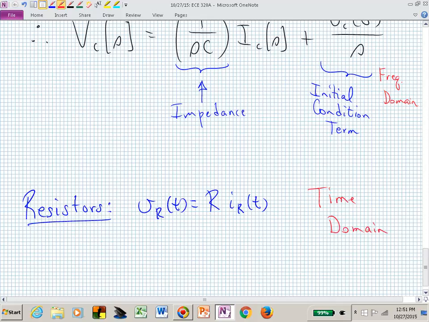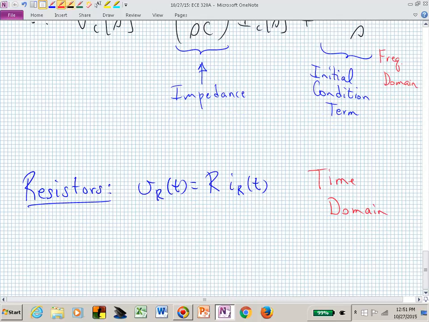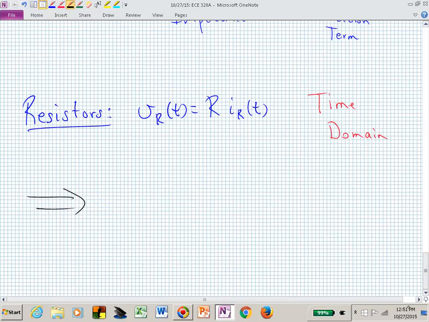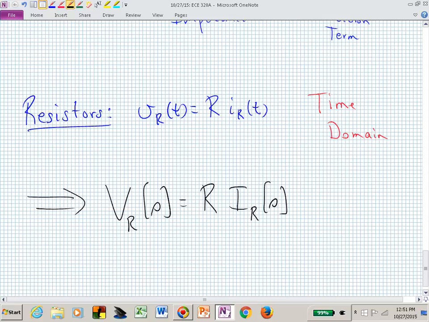There's our time domain current-voltage relationship on a resistor. What happens when we Laplace transform that? It looks exactly the same, doesn't it? We have V sub R of S. The resistance is just a constant that slides outside the Laplace transform integral if we were Laplace transforming the right-hand side. And there is now our frequency domain